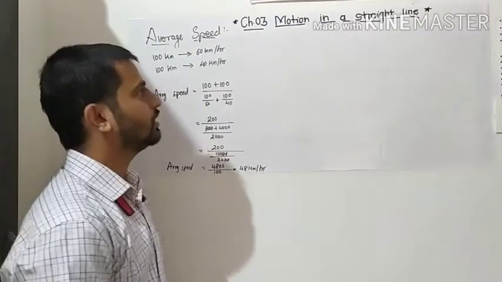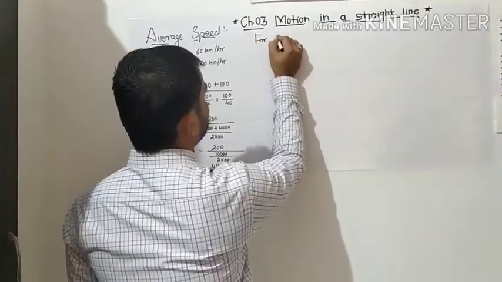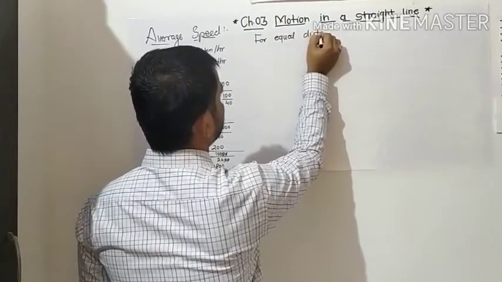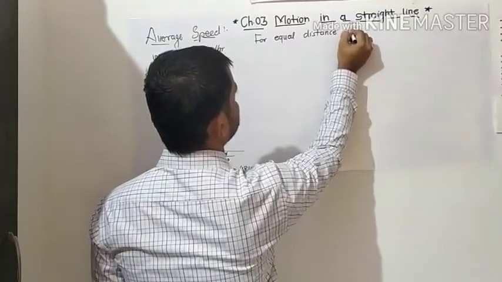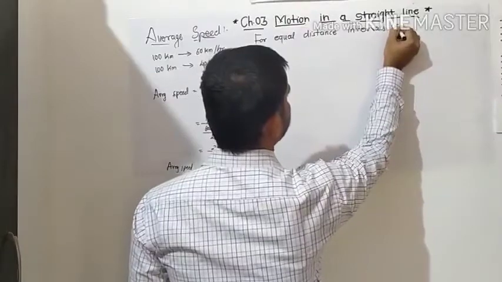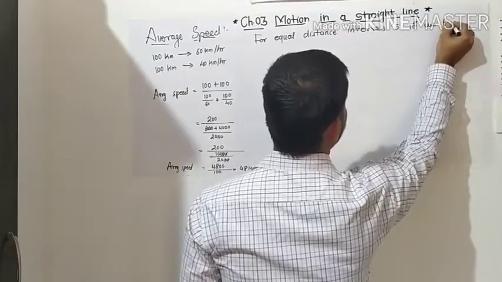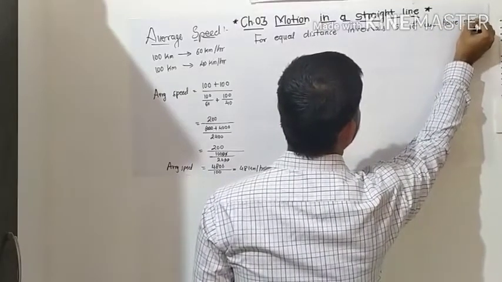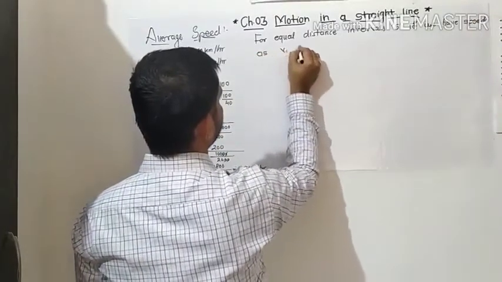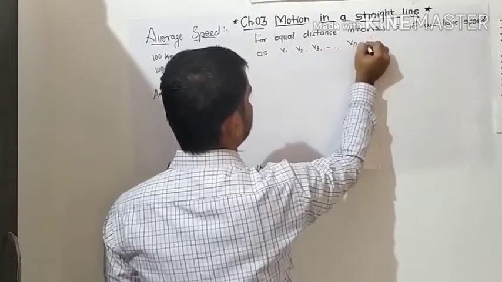Okay, if the number of intervals are equal distance intervals, as if we have the speeds V1, V2, V3 up to Vn, then